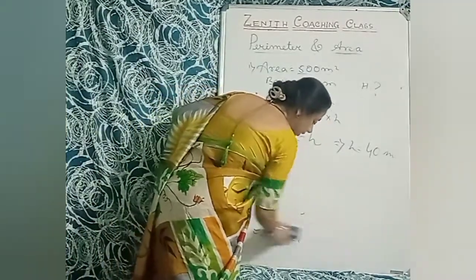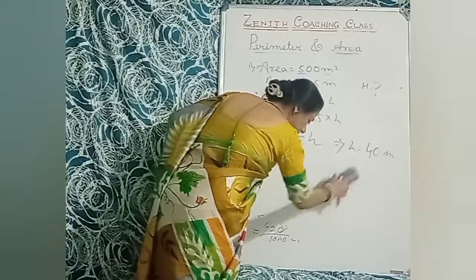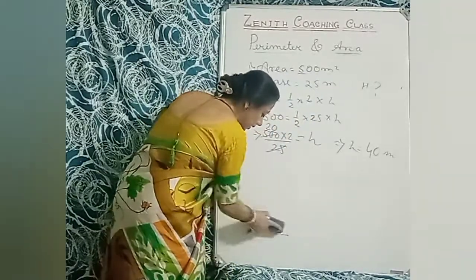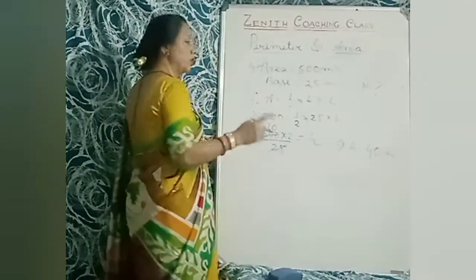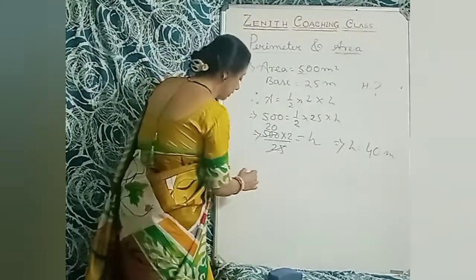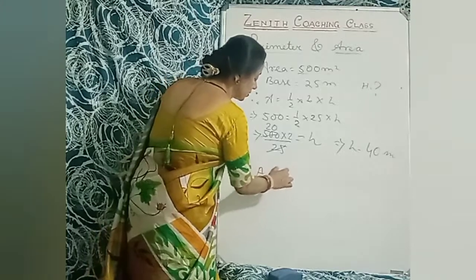That is the same formula. Only one formula you have to use. Okay. Easy sum. Yes, very easy sums. That is, you have to take out base, children. Okay. So think area equals